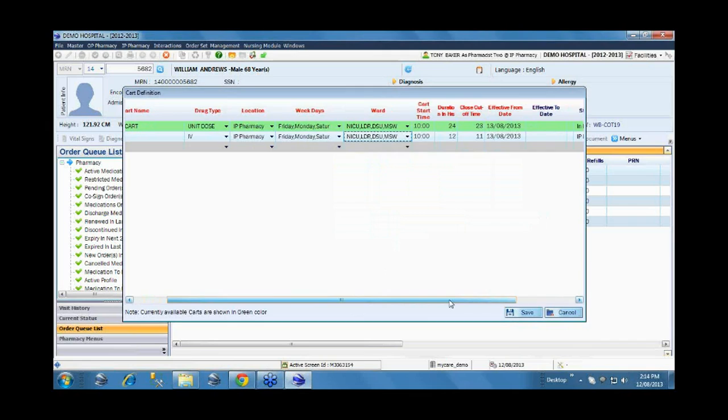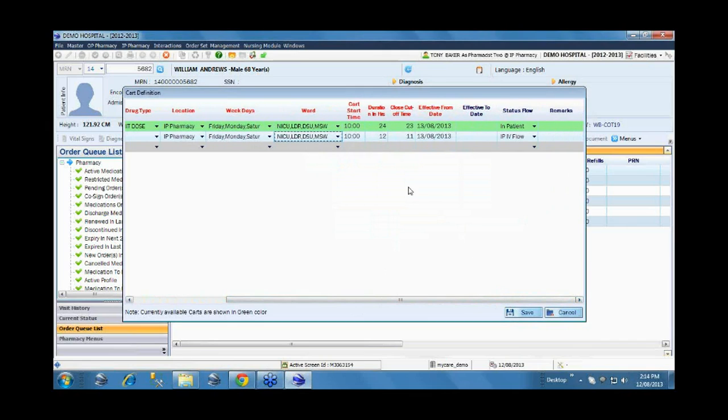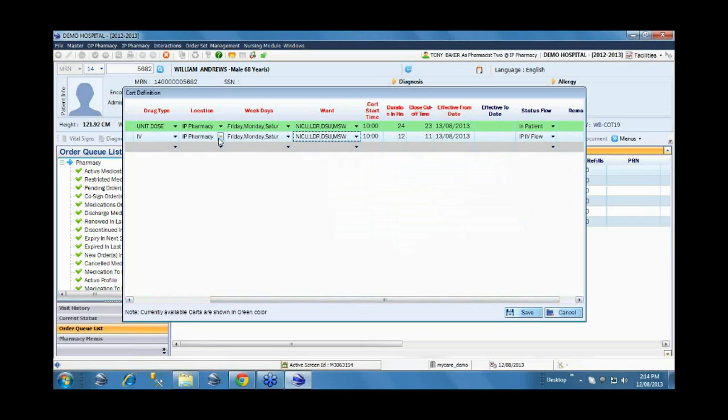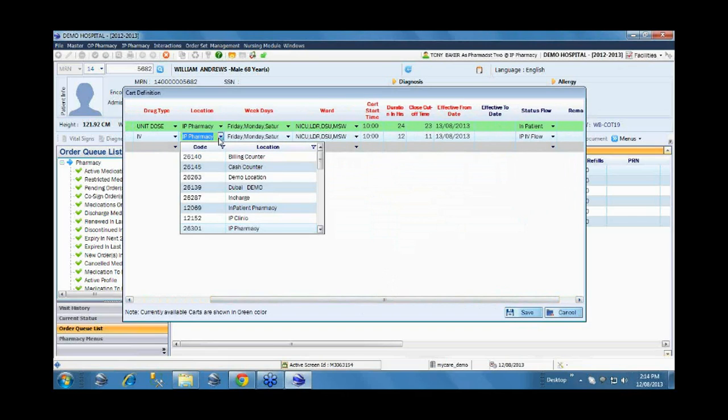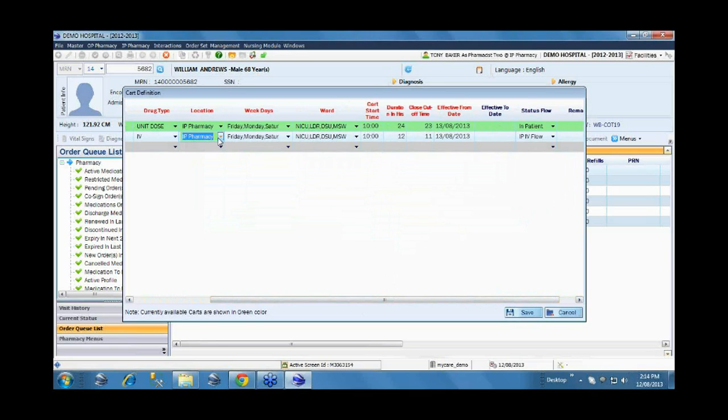And also we can have a separate schedule based on the location where the patient is in. So we can say every Monday, Wednesday, Thursday only we dispense medication to male surgical ward. The other alternative days we supply for other wards. So this is also we can define. So we have the flexibility, and what is the cart starting time, what is the closing time, what is the